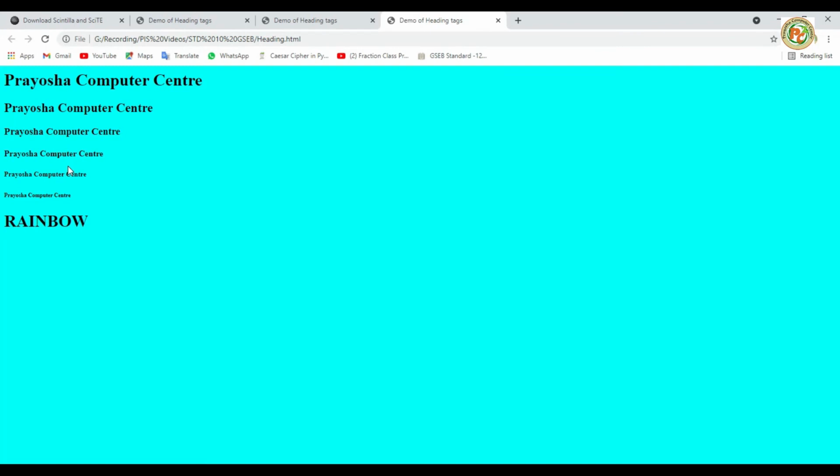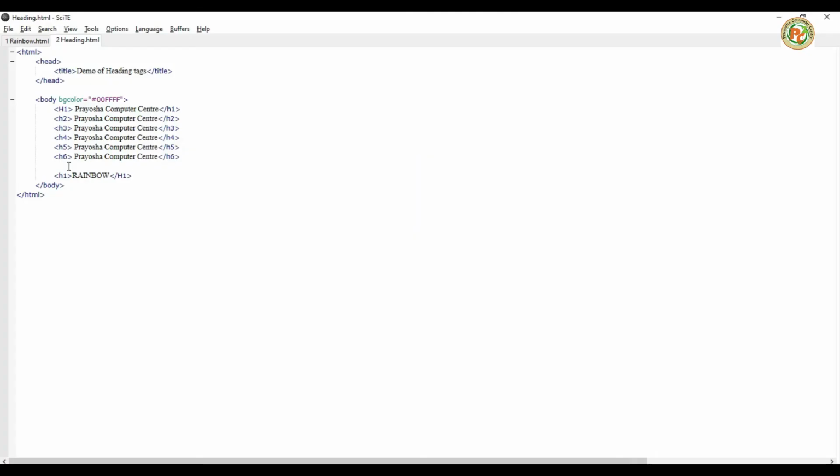Okay, now we want to type some paragraph about the rainbow. So how can we type the paragraph? To type the paragraph we have a tag called p. P stands for paragraph. Whatever you type inside these tags will be placed similarly in the browser. So here you have to close the paragraph tag also, and in between we will type everything. So what to type here? It is given in our textbook, like a rainbow consists of 7 colors.